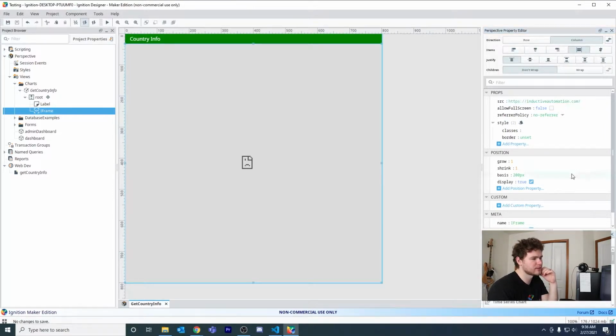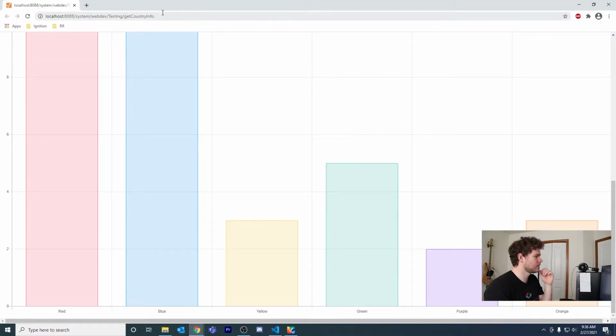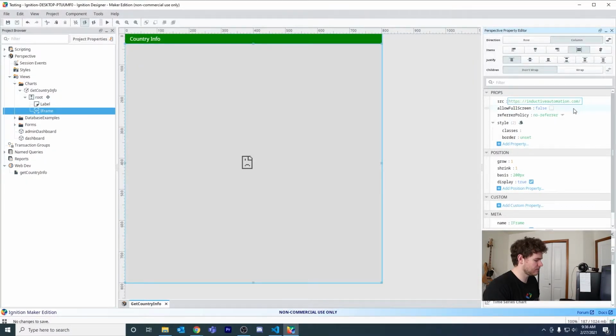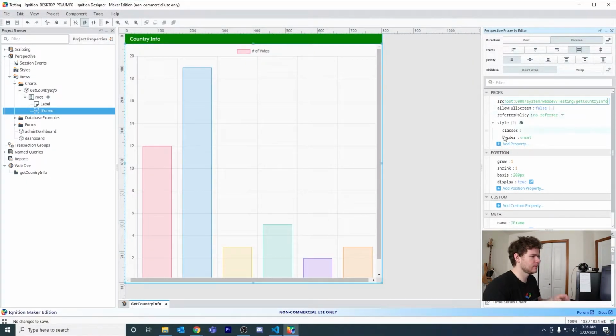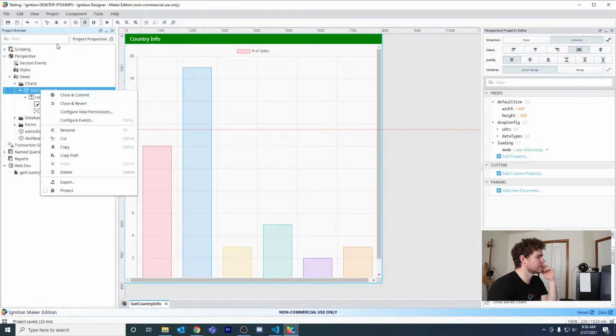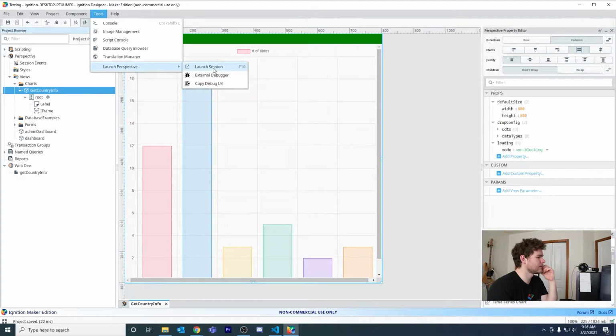I don't fully understand it myself, but we do know that our local web component here can be embedded. There you go. So we embedded it into our view now. Let's go ahead and save this, and then we can launch this view, launch session,